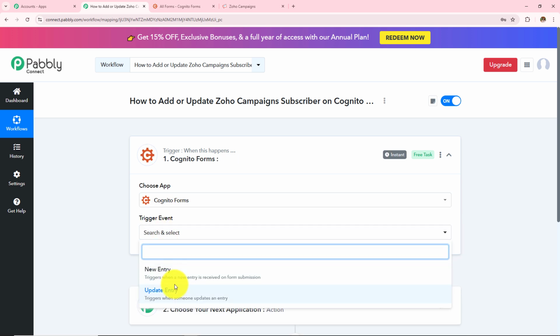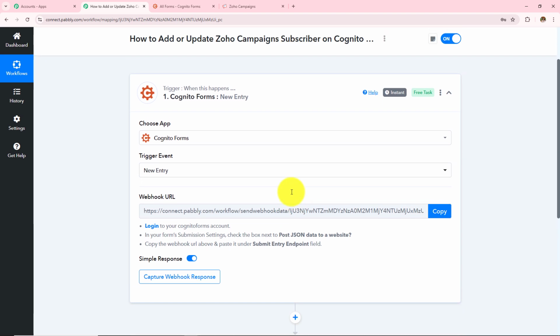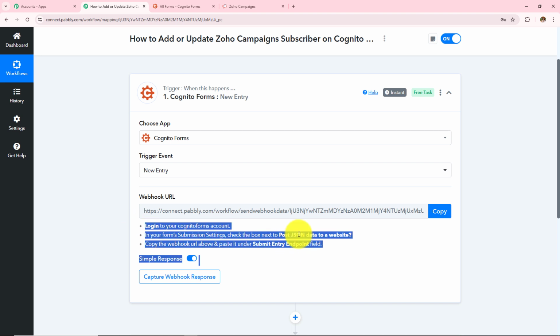and then in my trigger event I have to take this new entry. Now I need to make a connection between Cognito Forms and Pabbly Connect, for which a webhook URL is provided to me, and this URL is going to act as a bridge to connect my Cognito Forms with Pabbly Connect. So reading this help desk, I am going to make this connection, and to make this connection, let's open my